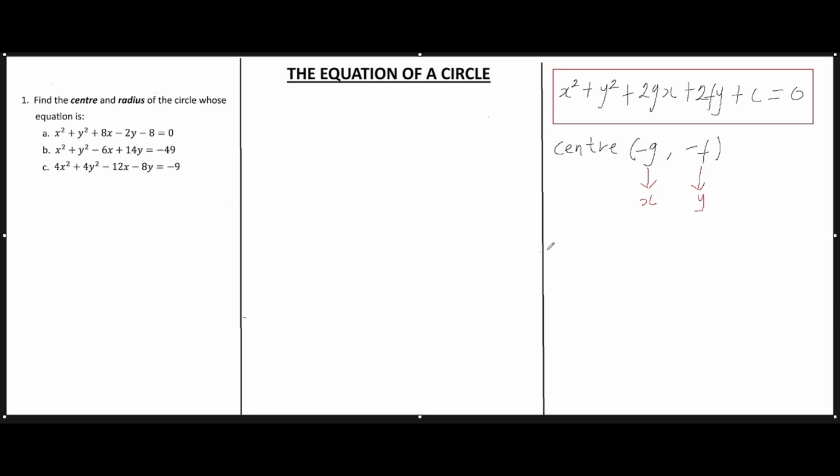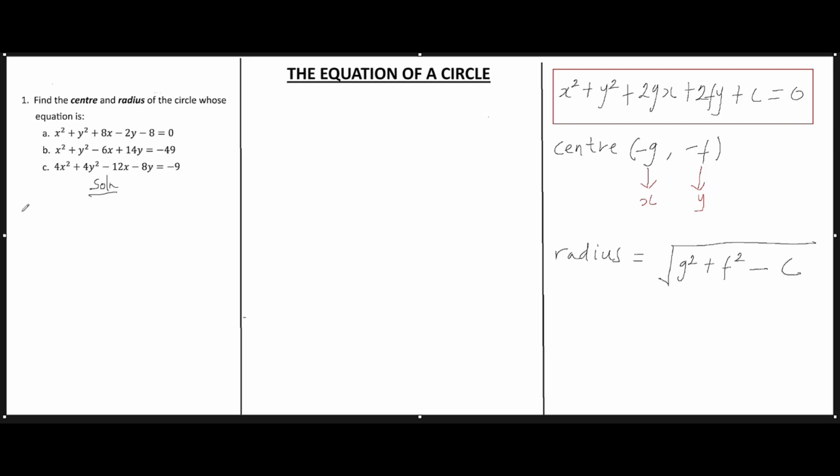And then finally, we also saw that the radius is given by the formula square root of g squared plus f squared minus c. So this is just a quick review of what we learned in our first lesson. So with this information, I hope you should be able to solve A, B, and then C. So now let's begin with the first